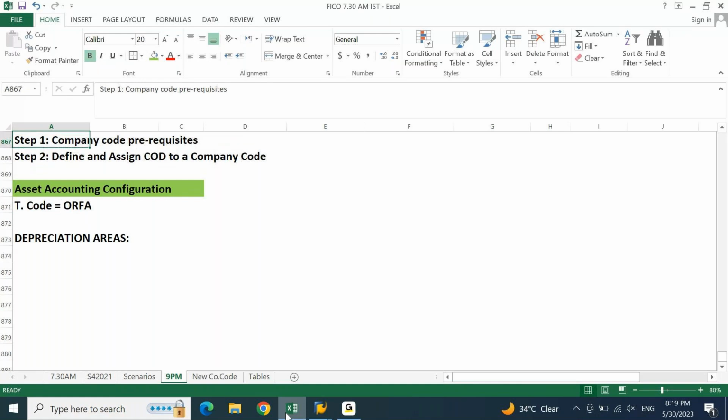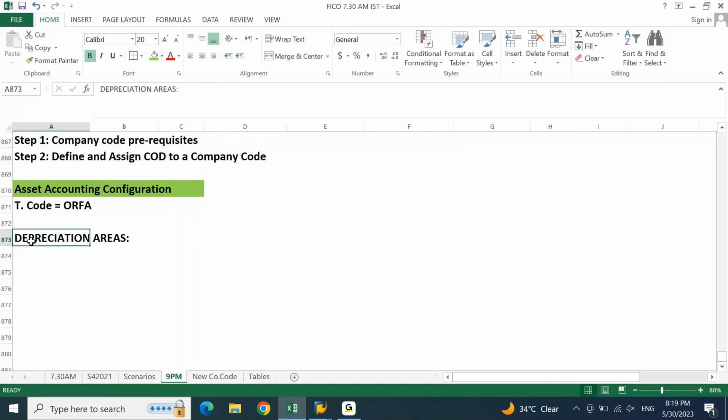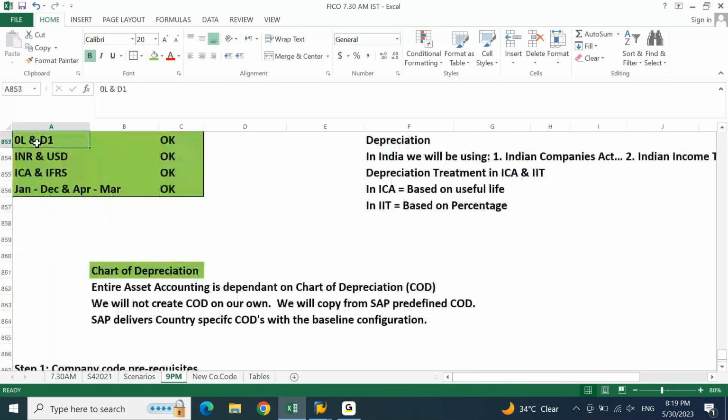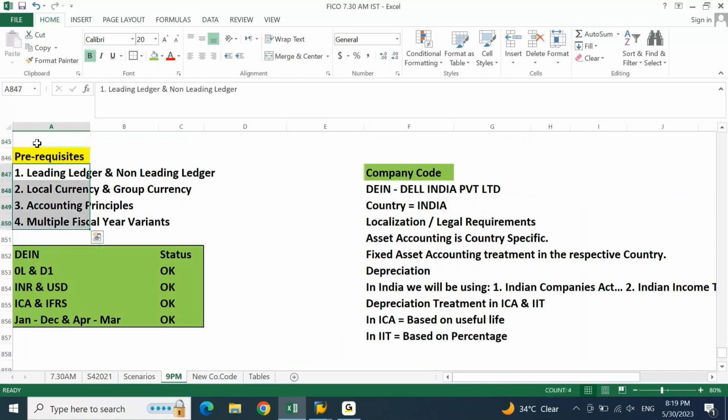If you are not clear about your company code prerequisites, you will not be able to decide how many depreciation areas you need. Okay, the number of depreciation areas that you want to create is dependent on your company code prerequisites. Here from the prerequisites, let us take ledgers. How many ledgers we have? Or in short, let me copy this.